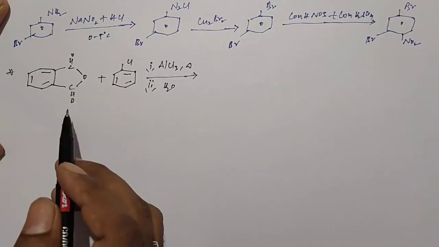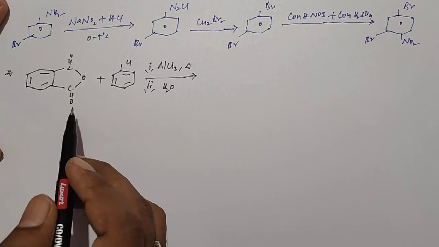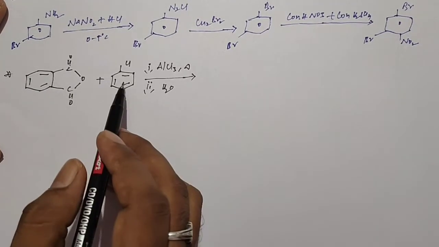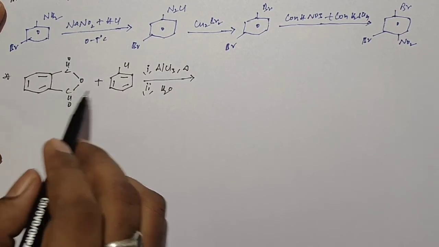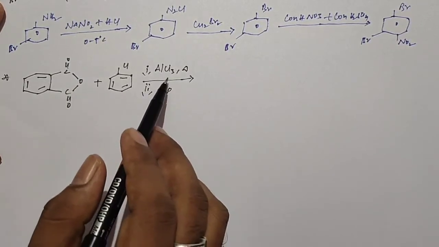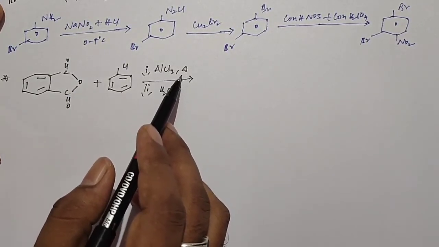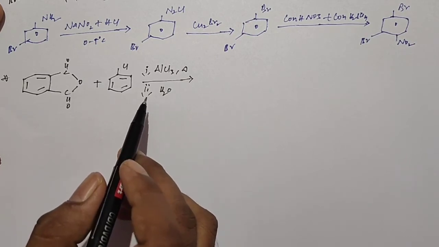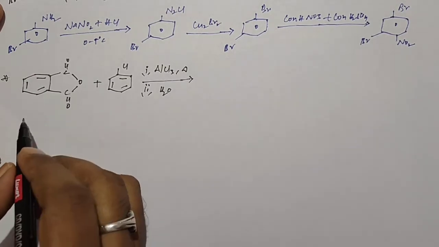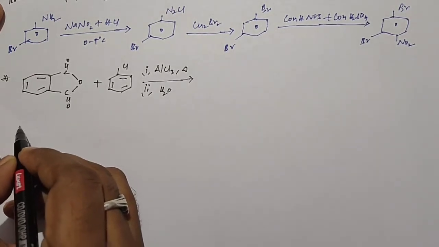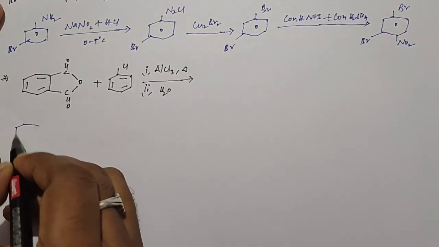Okay, students, this is the next miscellaneous incomplete reaction. For this reaction, one is chlorobenzene and the other is an acid anhydride. These two compounds react together in presence of anhydrous AlCl3 on strong heating. After that it undergoes hydrolysis, and we need to get the product. So first we take the initial compounds that are given.